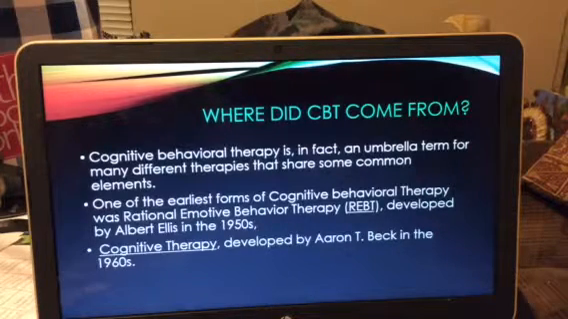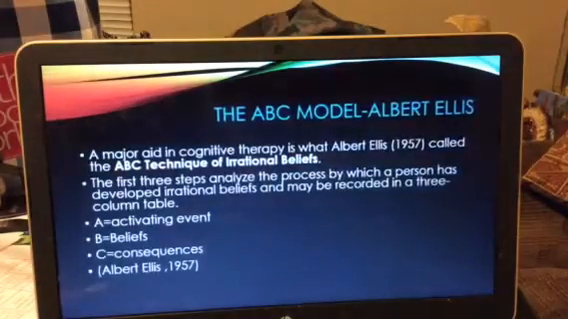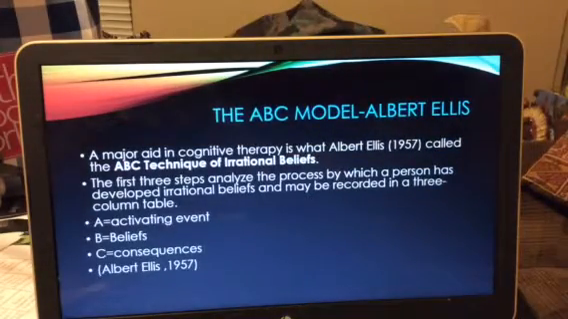Cognitive behavioral therapy is in fact an umbrella term for many different therapies. Some of the earliest forms of behavioral therapy was rational emotive behavioral therapy, which was developed by Albert Ellis, and cognitive therapy, which was developed by Aaron Beck. One of the things we do teach at our program is the ABC model, which was from Albert Ellis, which